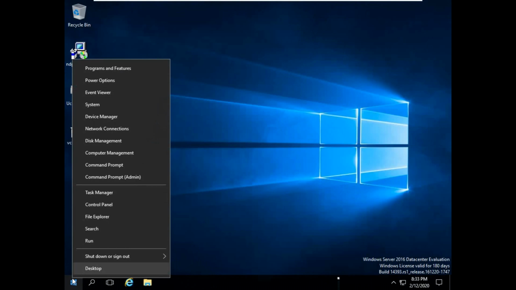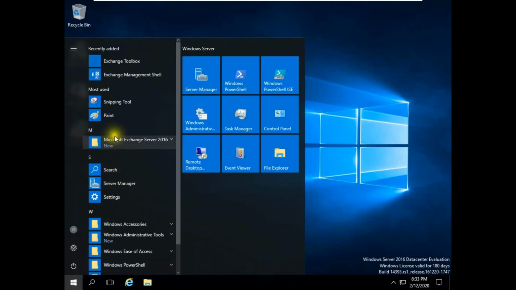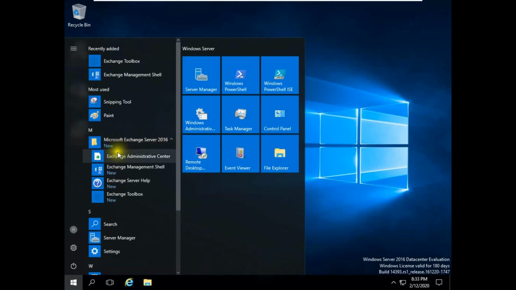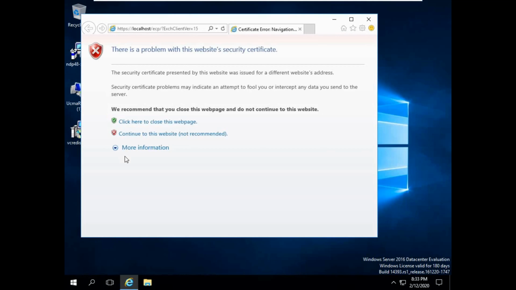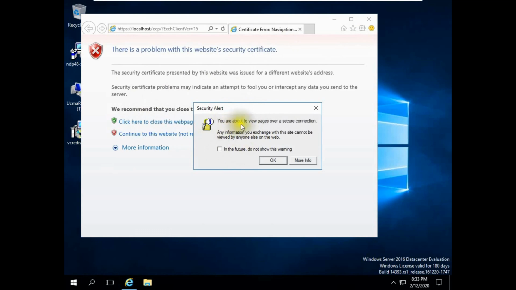Right click Start button, go to Microsoft Exchange Server 2016, expand the tab, click Exchange Administrative Center, and you will see a certificate error. Just click continue to this website. As it is in our local network, we can trust the connection.